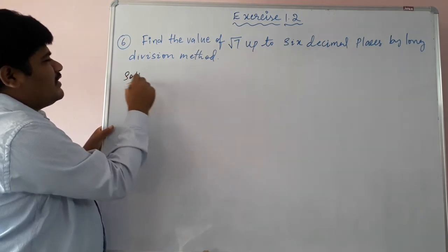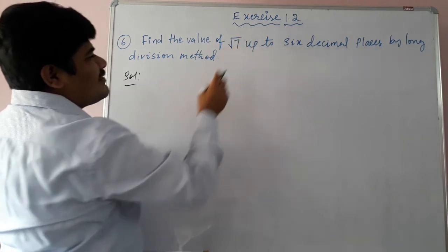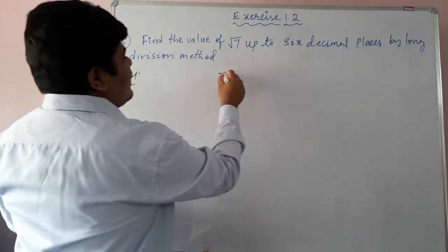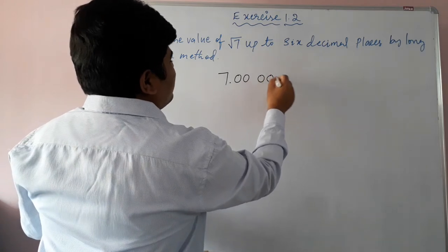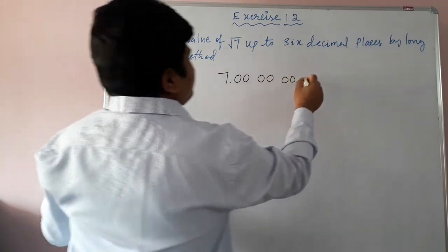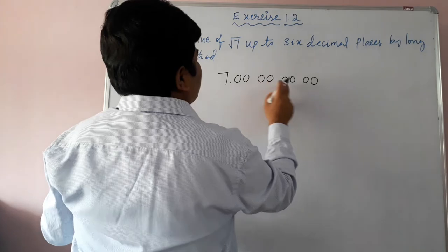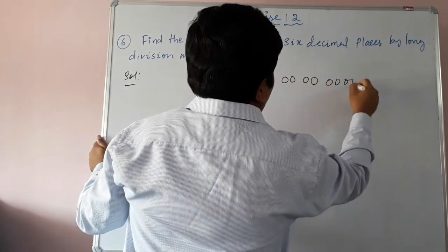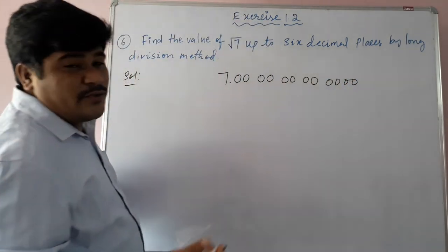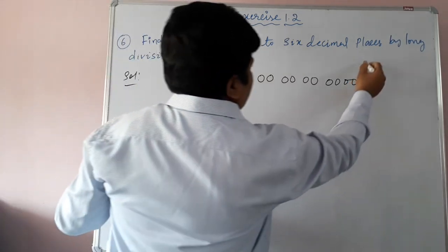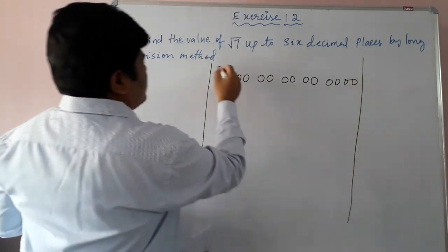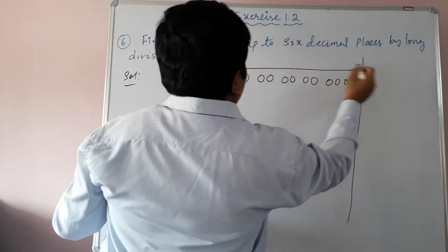So here I am solving. First we have to take this 7 as 7.00000000. So I am taking 6 pairs of zeros. Now, so students, we know